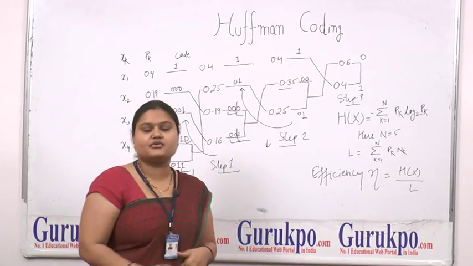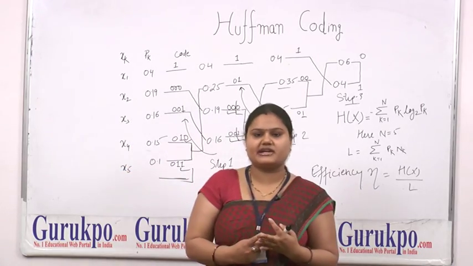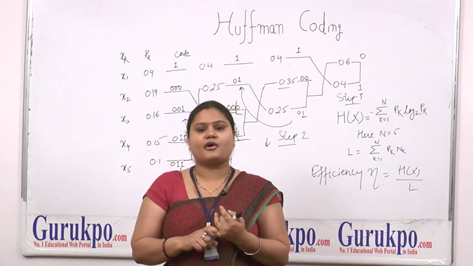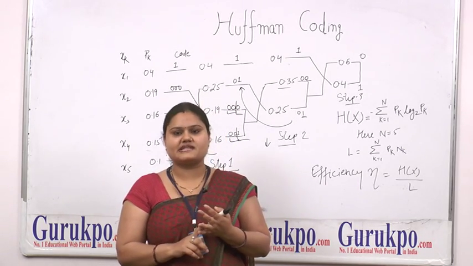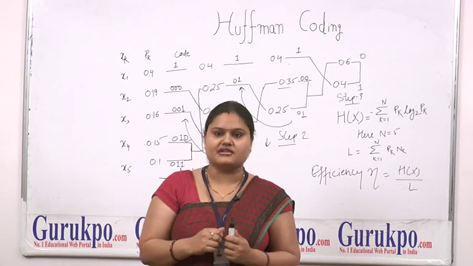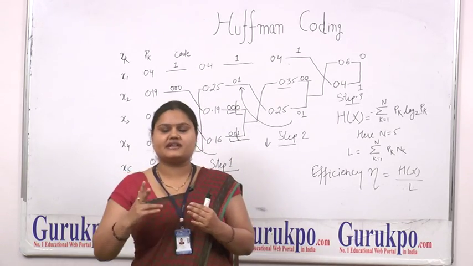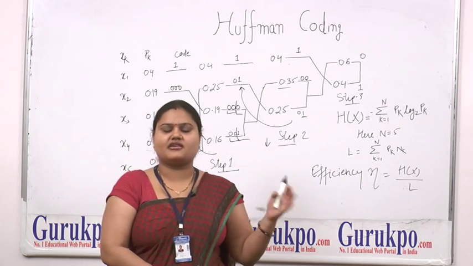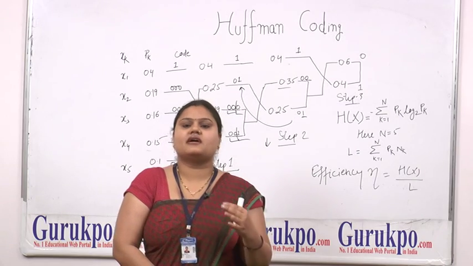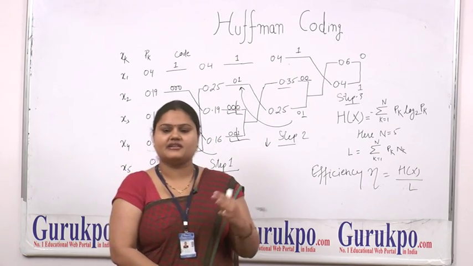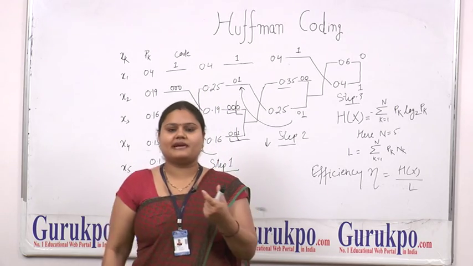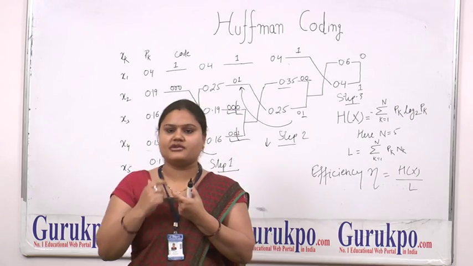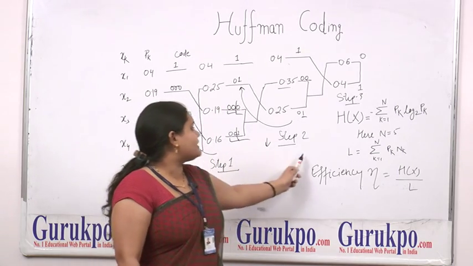Each and every time we have to arrange the probabilities in decreasing order, then assign 0 to the higher probability and 1 to the lower. First of all, we have to find where the probabilities are added. If there is no addition, we carry on the message signal or information bit. If they are added, we add the probabilities as they are, and at last we determine the 0s and 1s.